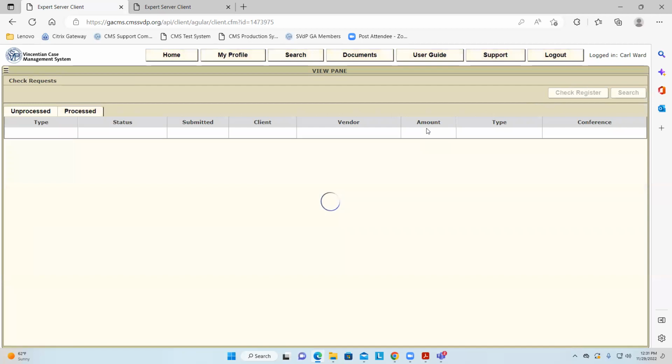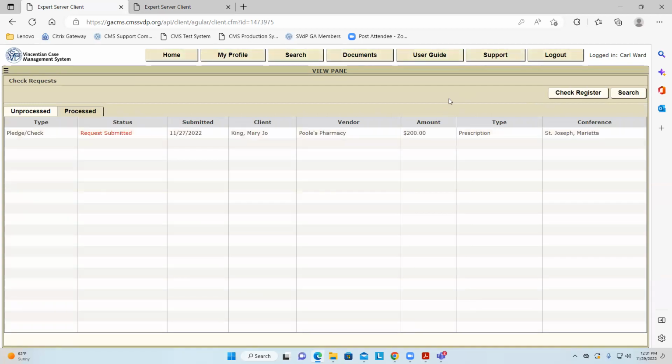Now, that changes the status of that pledge. So now it's open to the caseworker to go ahead when the client, typically the pledge is outstanding because the caseworker is waiting for the client to actually raise their share of the rent. There was some deal that was made. We'll pay 500 if you pay 500. So it's sitting out there until the client calls and says, I got my 500. That's when the caseworker then turns that pledge into a check request. And that's what you're seeing as the third type of request that you will receive.